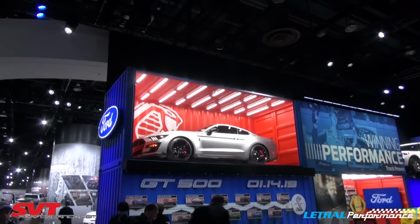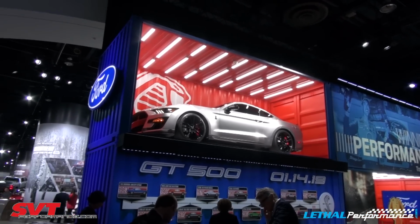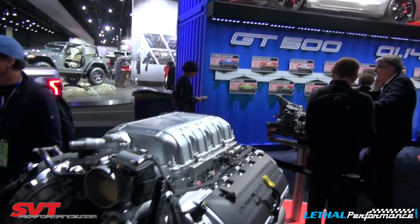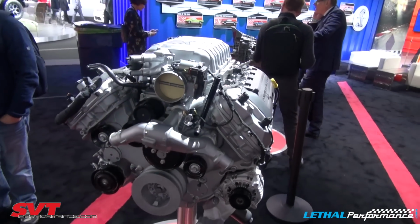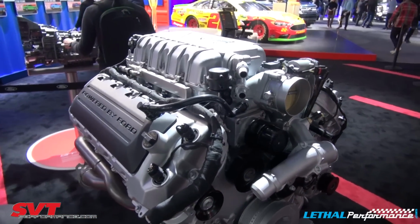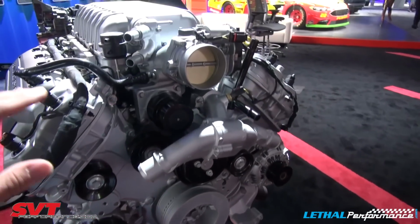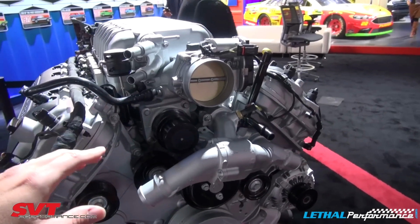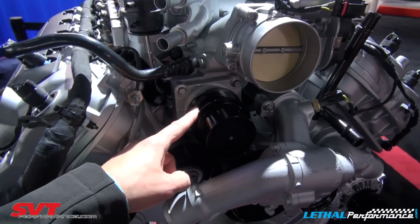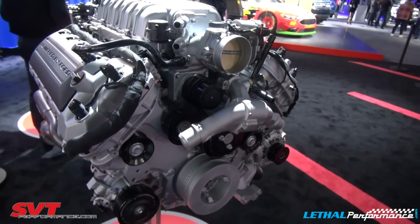So you see we've got a brand new 2020 Shelby GT500 in an intermodal shipping container, and of course the timeline of the GT500 name. But this is the piece de resistance, the 5.2 liter cross-plane crank TVS supercharged V8. So this is obviously a Coyote based engine. It's got a 2650 Eaton TVS supercharger. See the pulley here, it looks like it's probably in the 3-inch range. Like I said, the lighting's not great here, so you're going to have to work with me a little bit. Maybe Ford will turn some on sooner or later, but